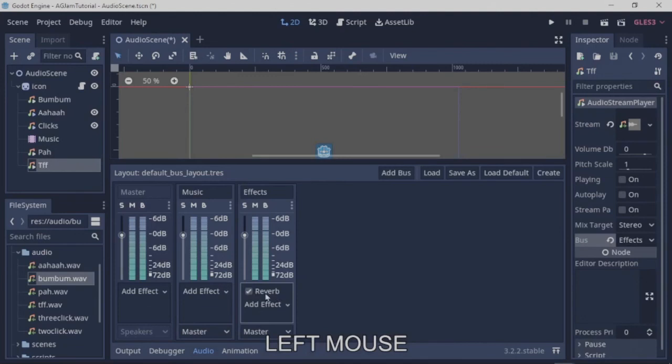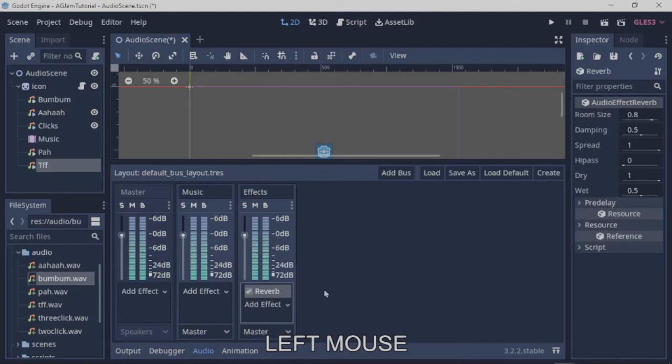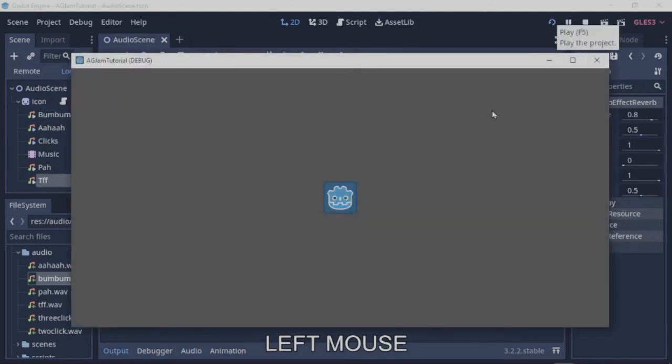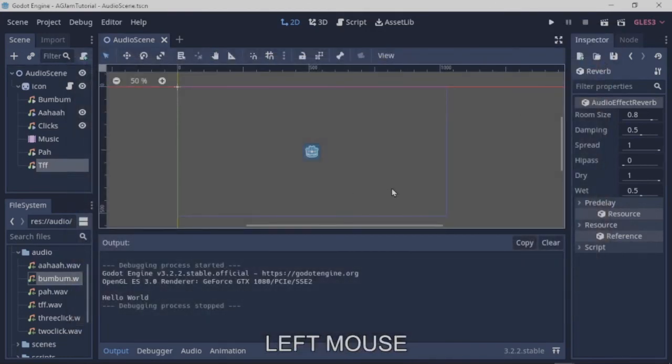And we can see that, yes, this effects bus has reverb. If I click on reverb, then over in the inspector I'll be able to change some of those qualities. I don't know really what any of these things do. I'm just going to leave it like that for a moment. It's going to be way more reverb than we want, I think, and give that a play. Okay, so the music is not reverbing, right? That's on a separate bus. Sound effects, whoa, yeah, like I said, more than we want, but it's got a bit of dark, spooky cave to it going on,